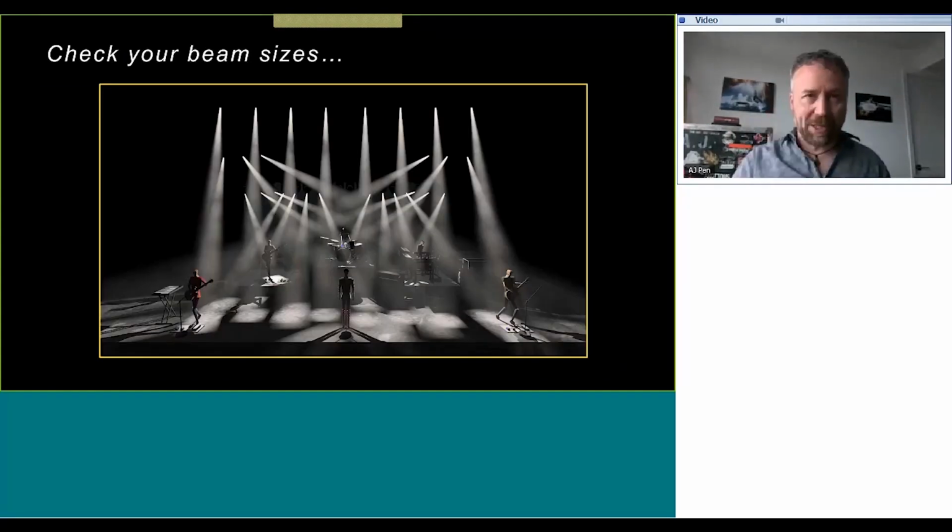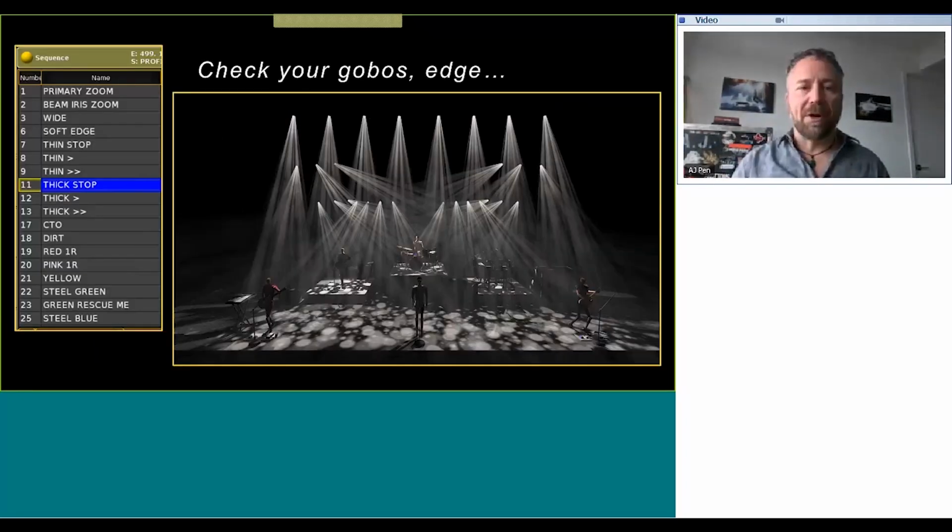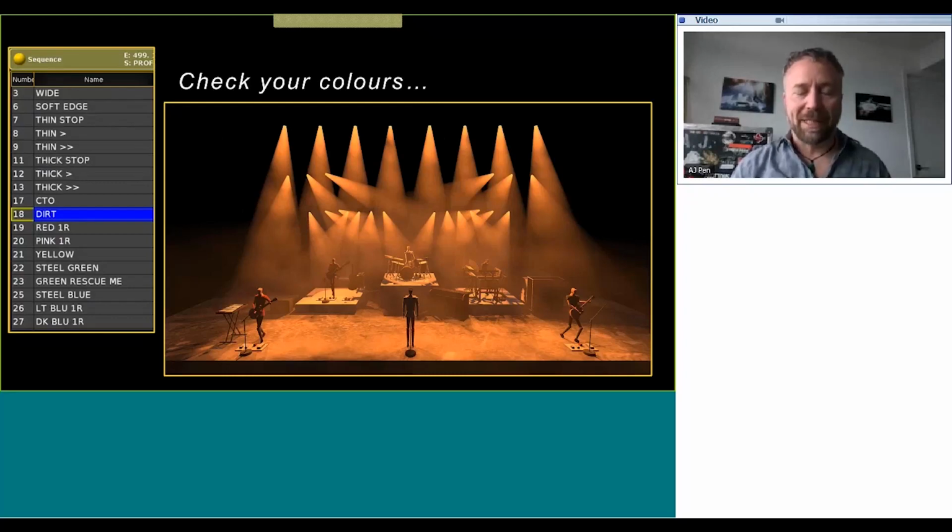So for instance, this cue that I showed you there checks the beam sizes. Iris down, looks good. You can just hit update, move on. You can check your gobos and make sure that they're stopped and not wiggling. And then you can check with more cues, you can check their rotation speeds. And of course, you can check your color. Here's one of my favorite colors that I call dirt, this bastard amber that's kind of like my lovely grungy color. Every light makes it slightly different. So if I'm running through these lights, I can quickly make an update and that preset's done.